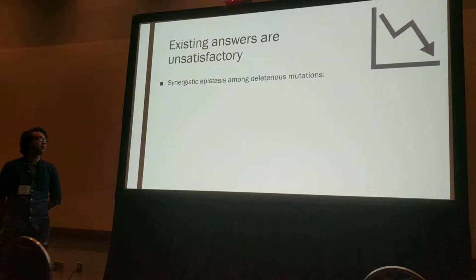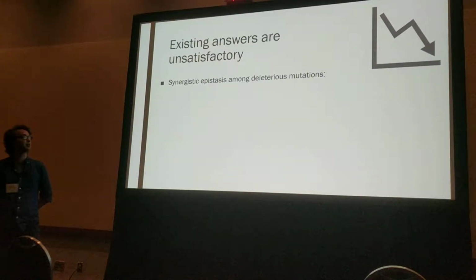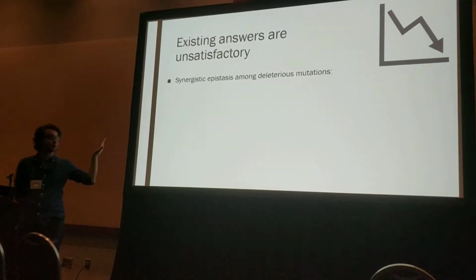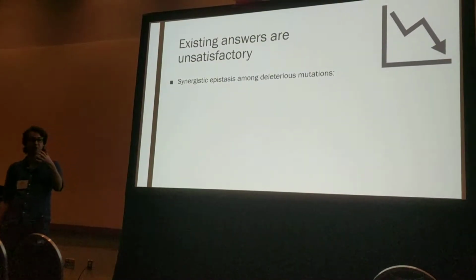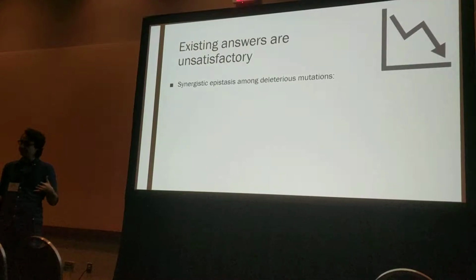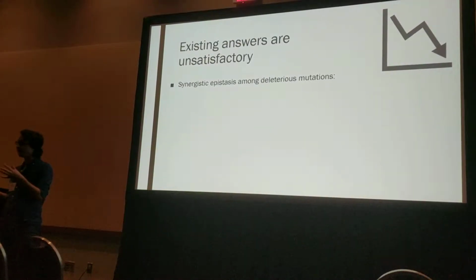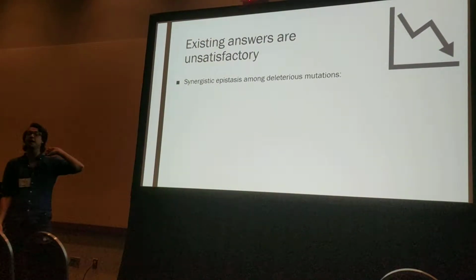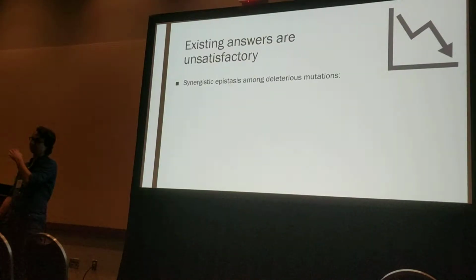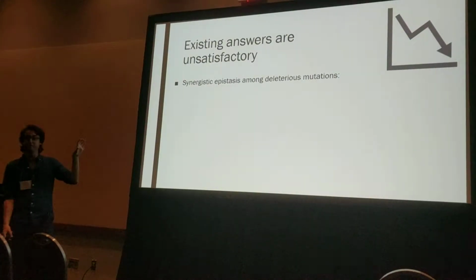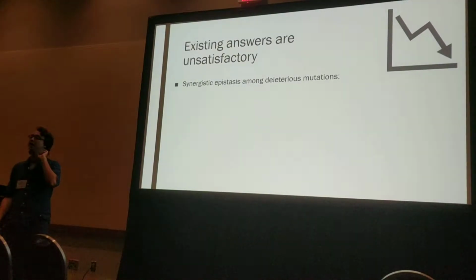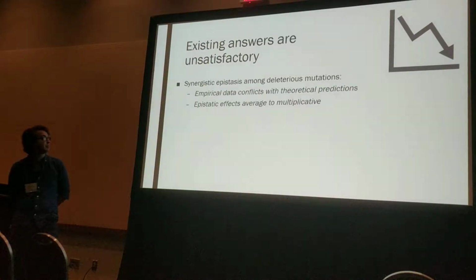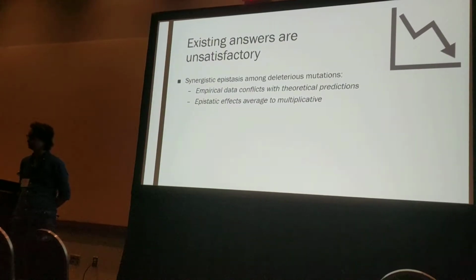The classical answer was that there was synergistic epistasis on average among deleterious mutations. This would solve both of these problems pretty easily, because if new deleterious mutations that land on a background with a bunch of other deleterious mutations have much larger effects than they would on their own, then they will be cleared easily by selection, and not only that, but they'll also take a bunch of deleterious mutations with them. So you can clear multiple deleterious mutations with a single selective death, and you can clear down to much smaller effect sizes. The main problem with this is that it's not true.